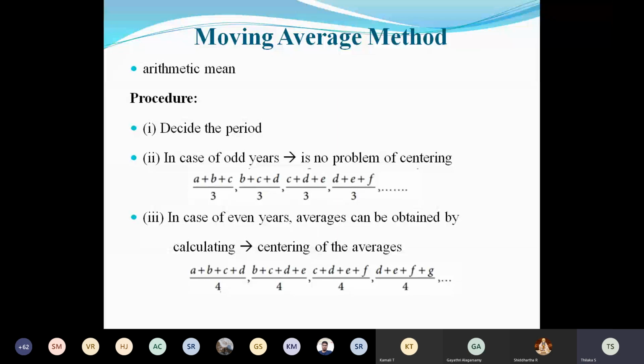Okay. So this is the third method, moving average method. In this moving average method, we are going to deal with the averages. That is, here we have to take the mean of the values which was given, and this was based on a certain time period. This time span can be of 3 years, 4 years, 5, 6. That depends on the data which was given and maybe our interest. For example, the years given in the problem or in the numericals, or we can have the data for so many years.